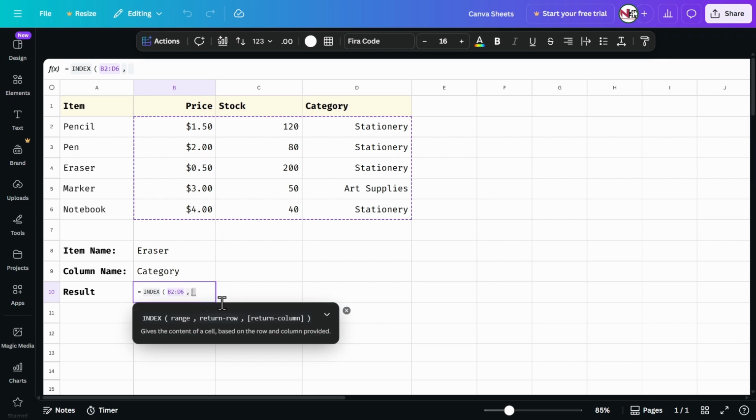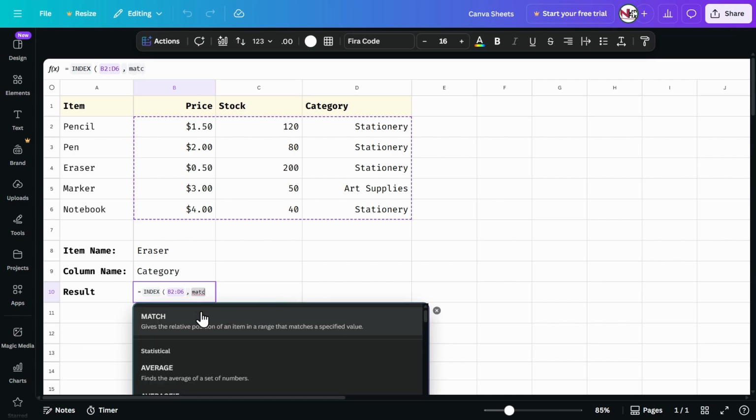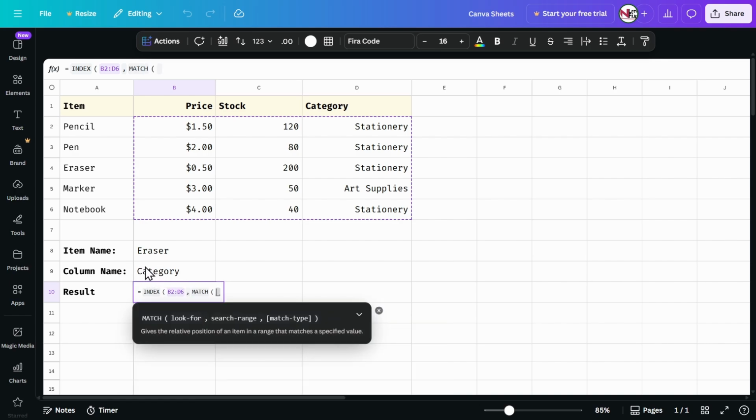Over here is the same thing. So instead of putting a normal number such as 2 or 3 for the row number, we're going to use the match function to do that for us, but in a dynamic way, so that we only have to enter the item's name in order to get that row's number. In the match function, which I also talked about in another video, we're going to specify what we're looking for. So let's first look for the item's name. So let's just click on eraser here,